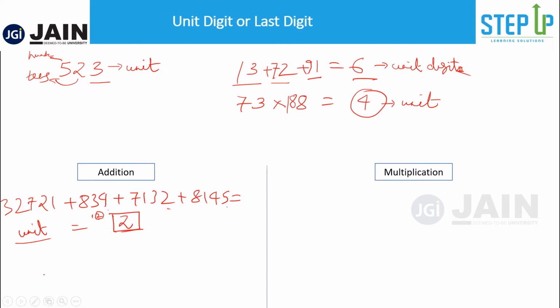Also, in our previous video, we had also learned if you have, let's say, an even number plus even number, your sum comes even, right? Similarly, if you have an odd plus even, you get an odd number. If you have an odd plus odd, that becomes an even number, right? Properties like this also are helpful in questions on unit digit.